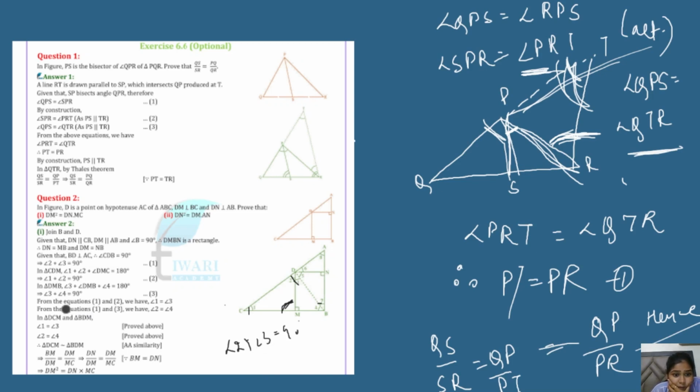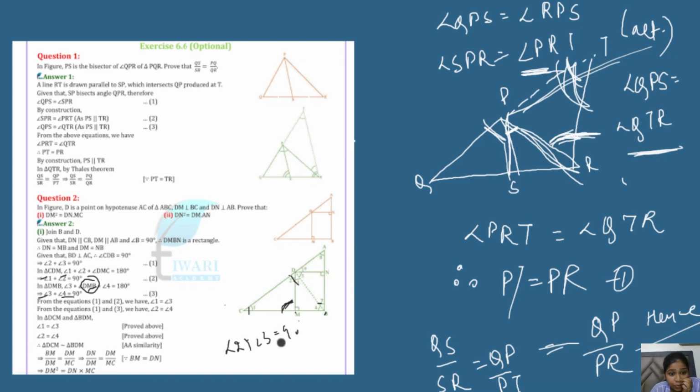So we can say that in triangle DMB, angle 3 plus angle DMB plus angle 4 is equal to 180, and angle 3 plus 4 will be 90 degrees, because DMB is already given as 90 degrees. From the above equations we can say that angle 1 is equal to angle 3 and angle 2 is equal to angle 4. So these are proved above. By AA similarity we can say that DCM is similar to